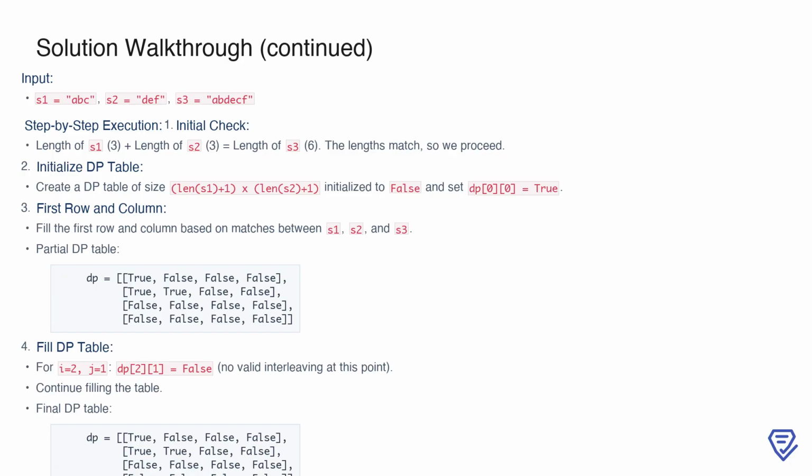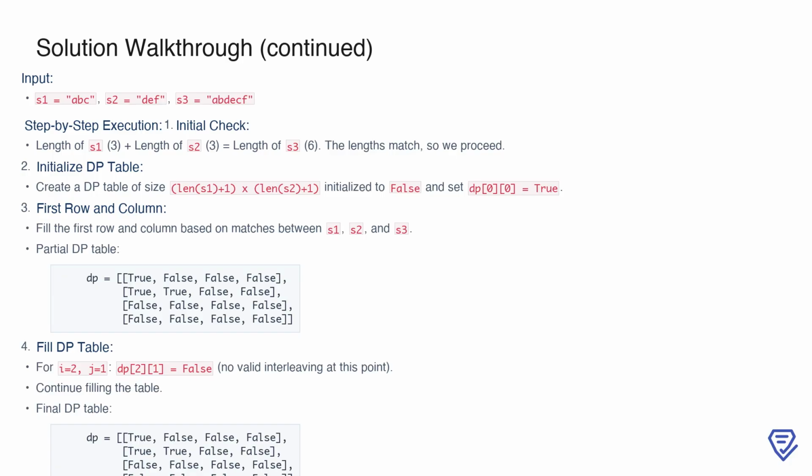However, as we continue filling the table, we encounter situations where neither character from S1 nor S2 matches the next character in S3, leading to false entries in the DP table. For example, at DP[2][1], there is no valid way to interleave S1 and S2 to match S3 up to that point, so the cell remains false. By the end, the bottom right cell, DP[3][3], is false, indicating that S3 cannot be formed by interleaving